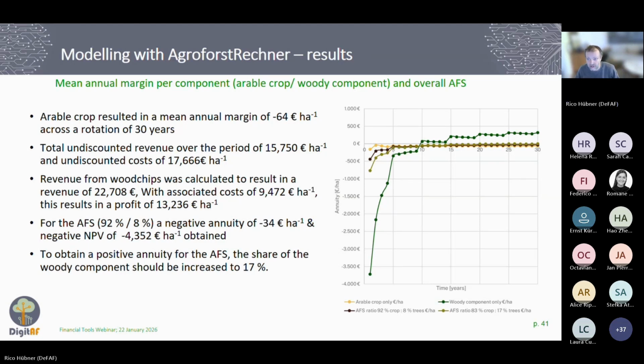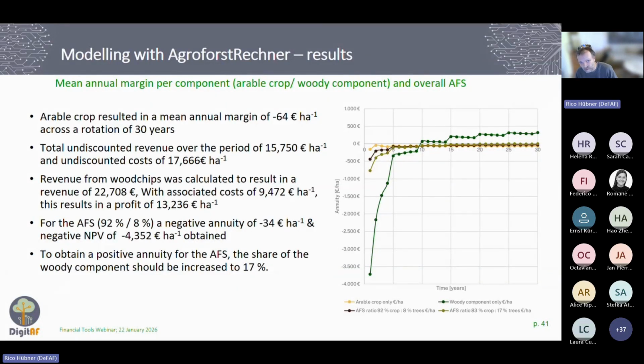And over the years, if you calculate it for the part that is with the trees, you would receive a revenue of 22,000 euros and have comparably lower costs of only about 10,000 euros. So that would be a profit, right? So that means